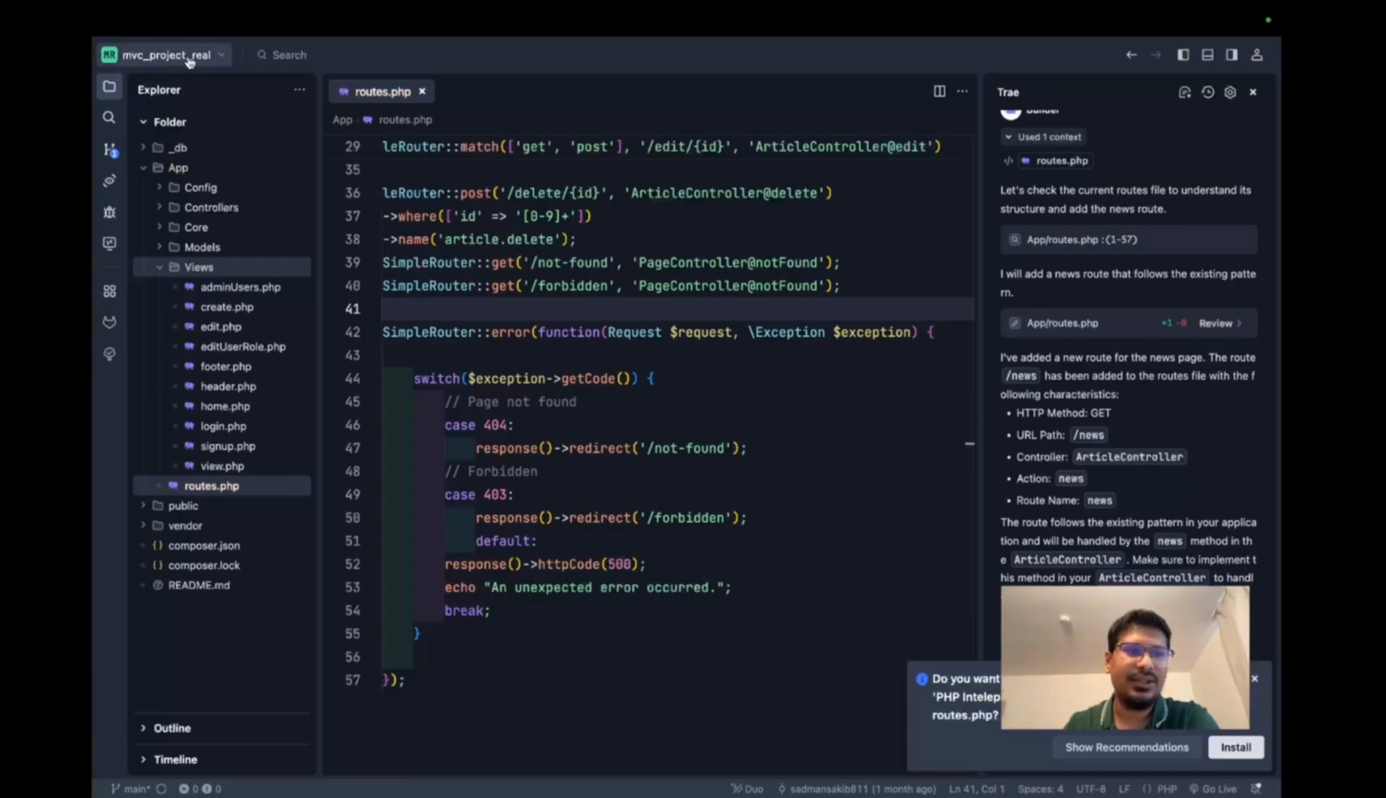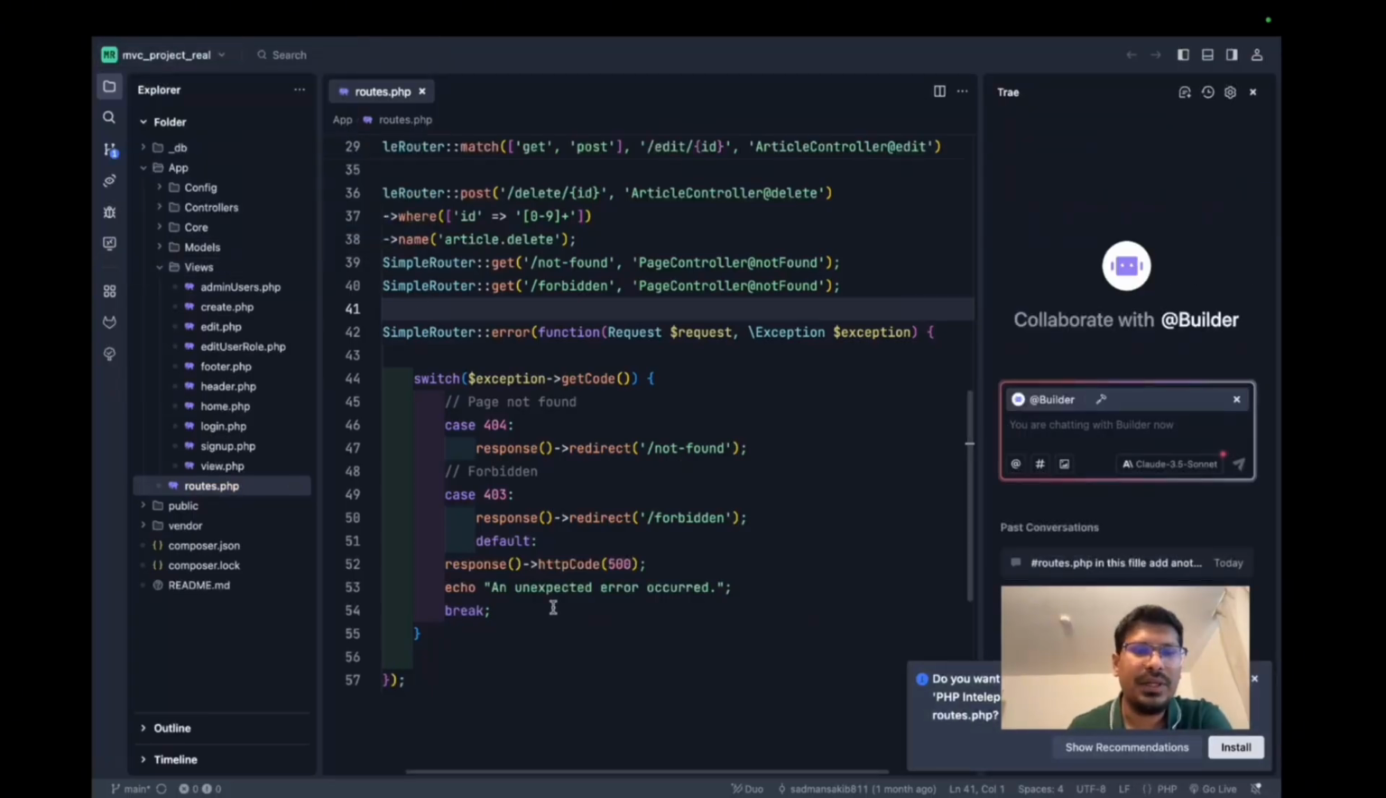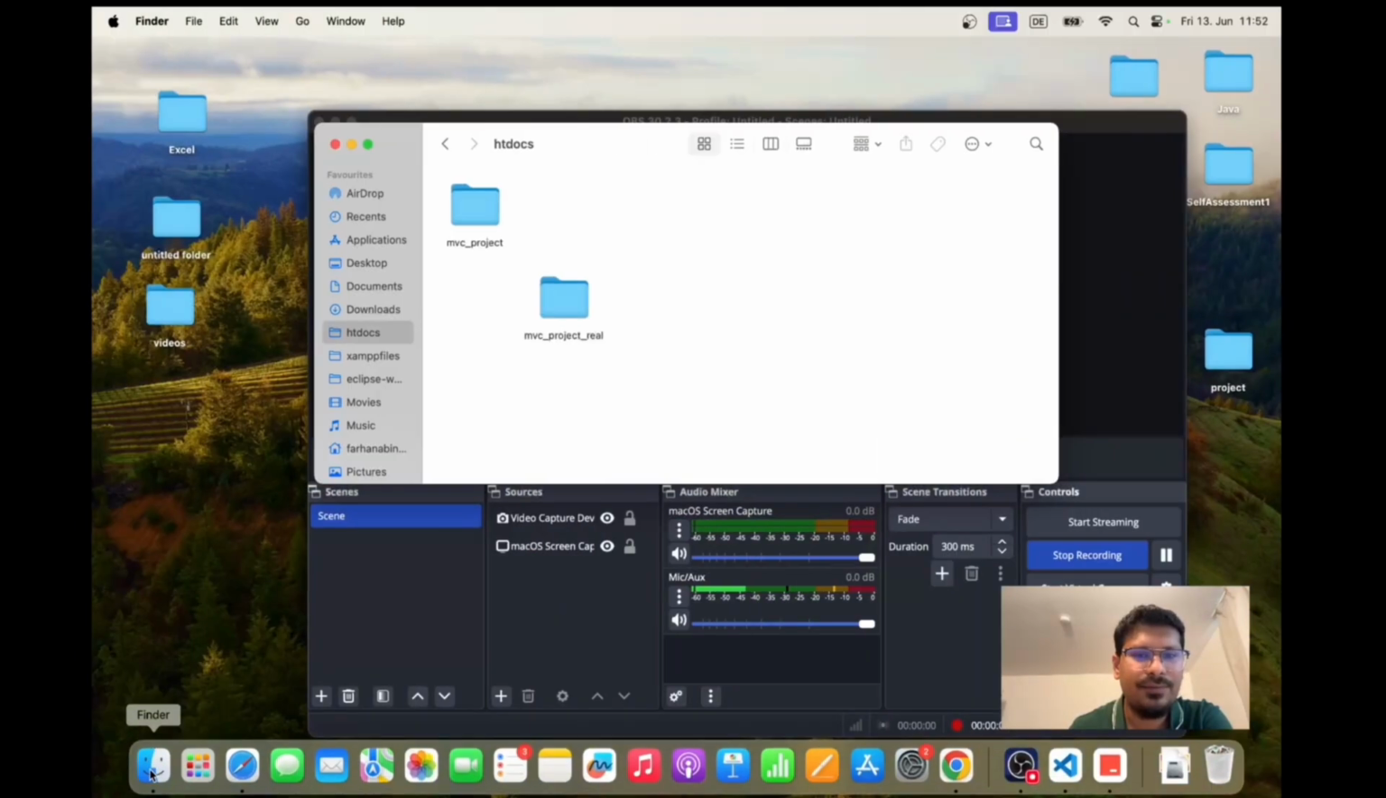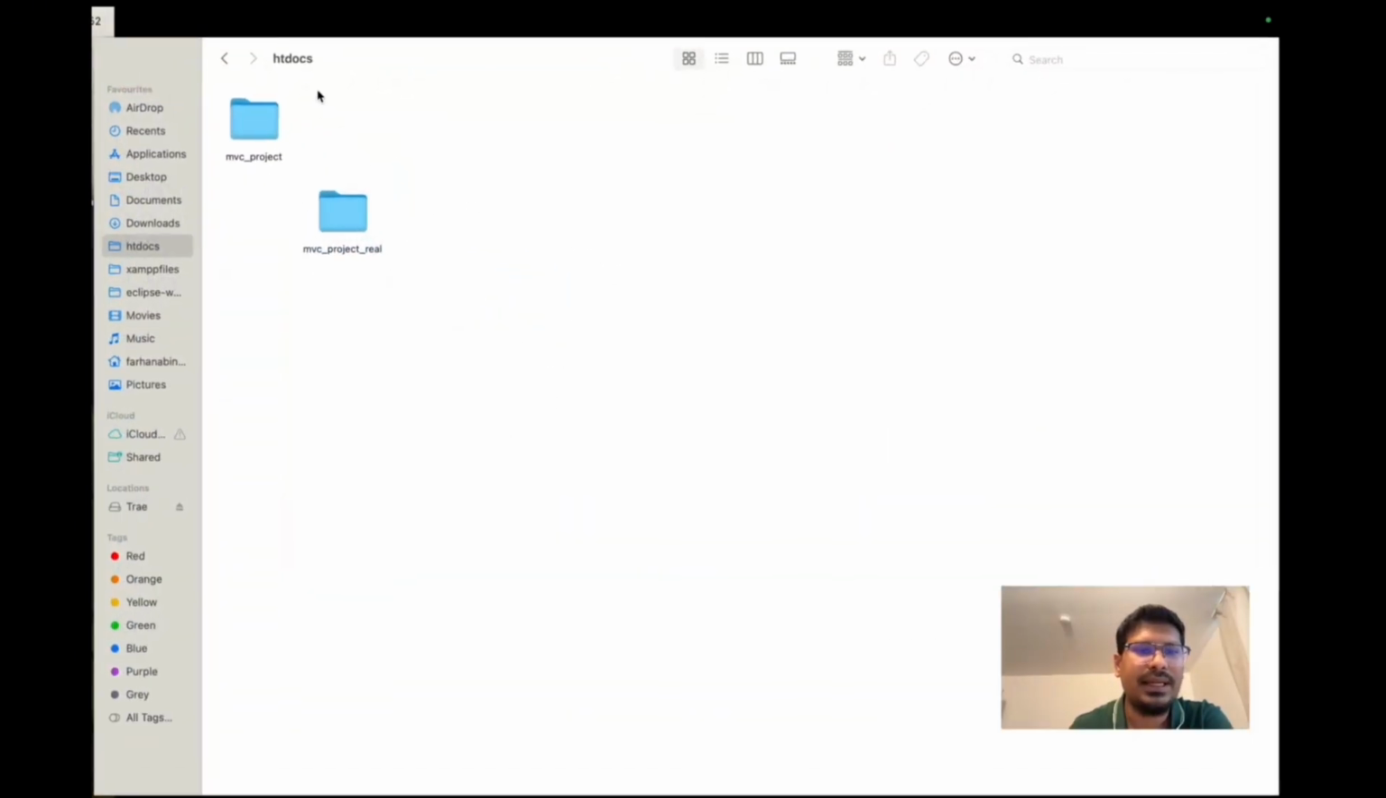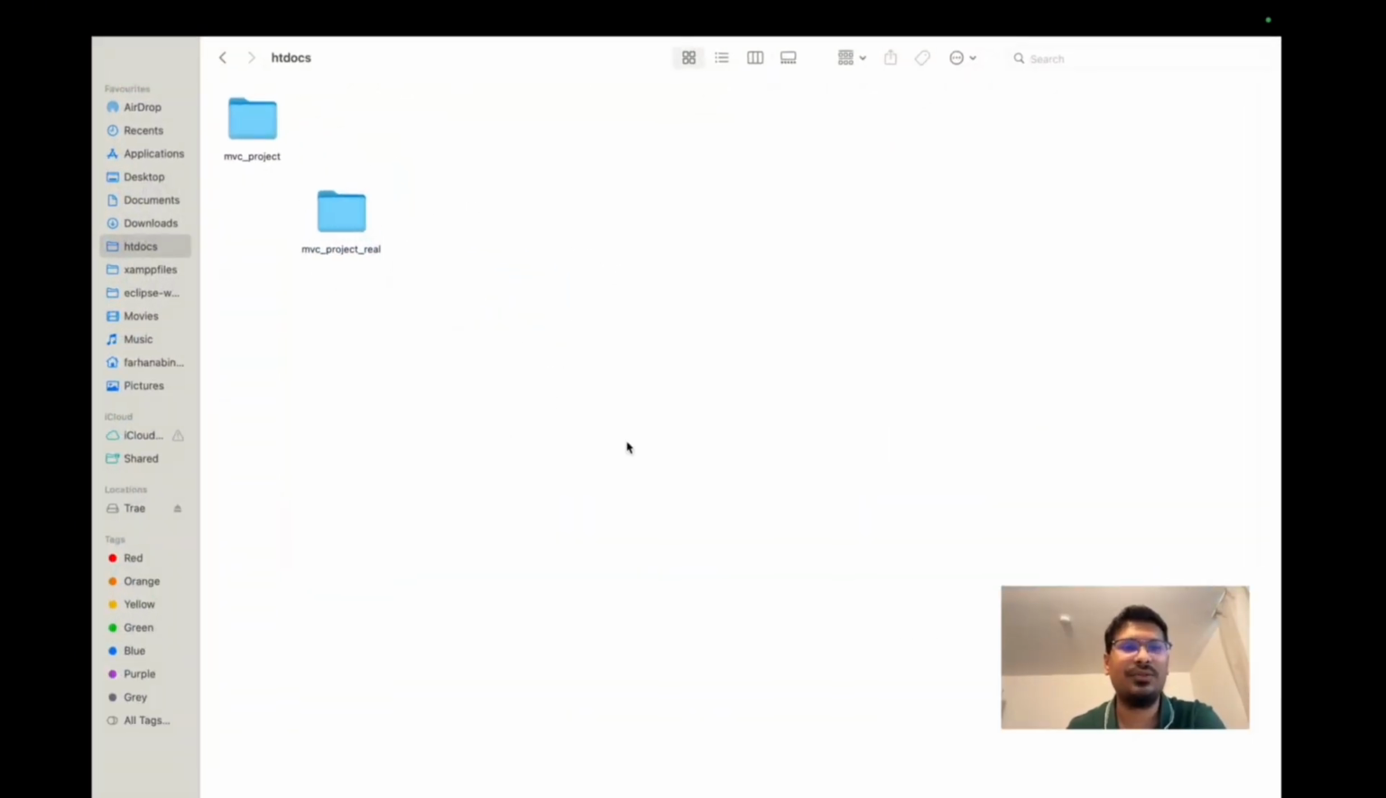What else we can do is open another new project. I will go to my Finder in my htdocs. I hope you guys know what htdocs is. It's like a root folder for XAMPP to host your website locally. So I will create a new folder called Trae project,